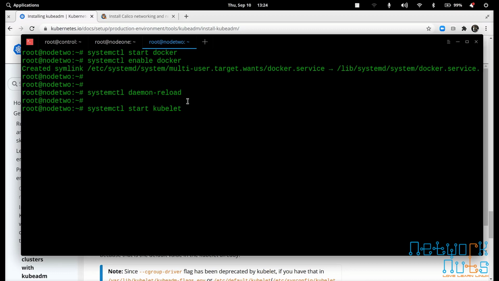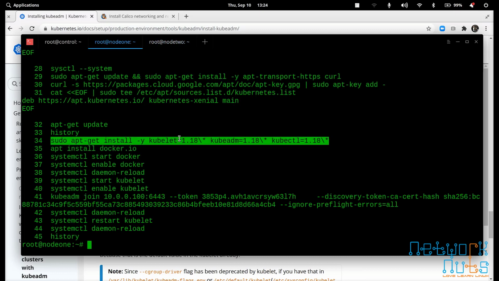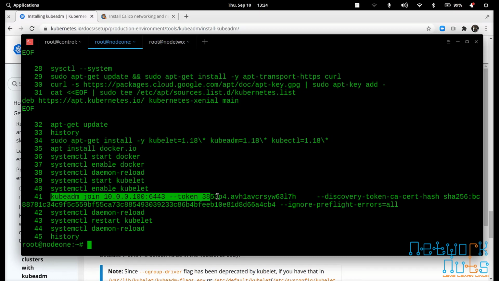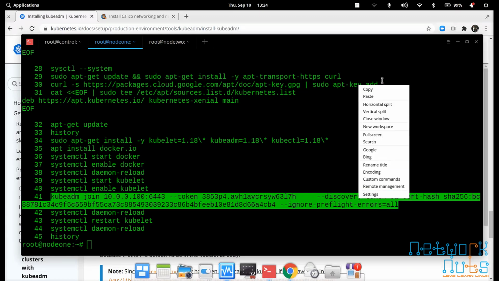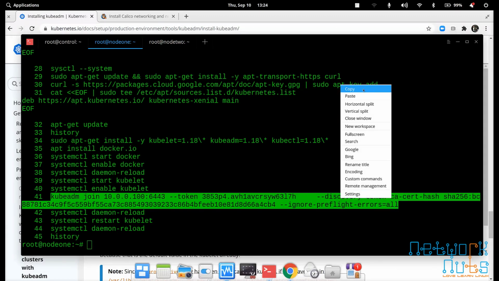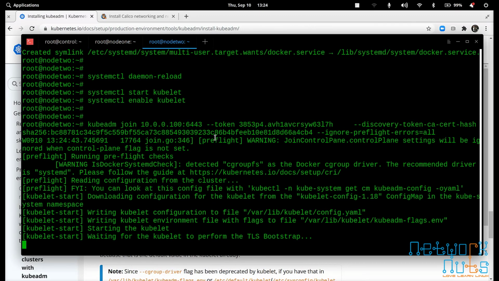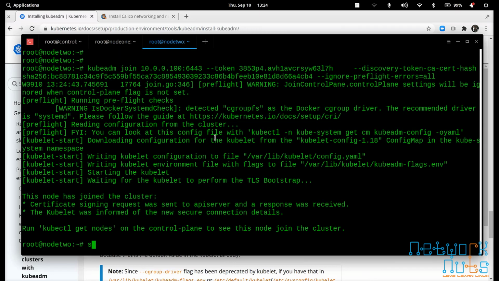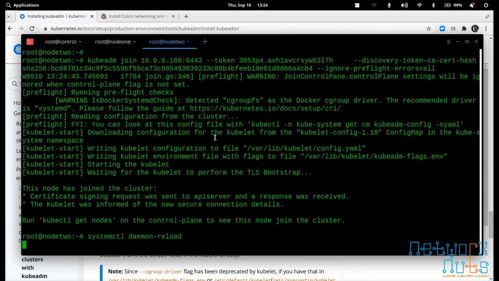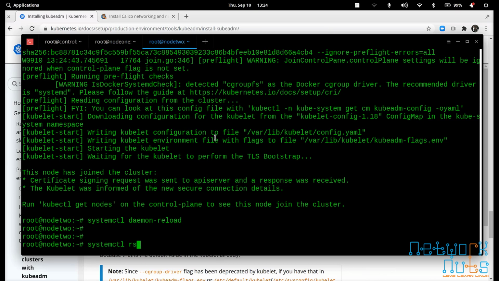It takes time, don't worry, don't panic. Right, final thing: copy this command and paste it there. That's all, guys. Copy it. Oh, I'll copy it again. Copy it, paste it on Node 2. Wonderful. And once it is done, as a precaution, just do a daemon reload. Though it's not mentioned here, I will suggest you do a daemon reload and restart the kubelet. Not mandatory, but